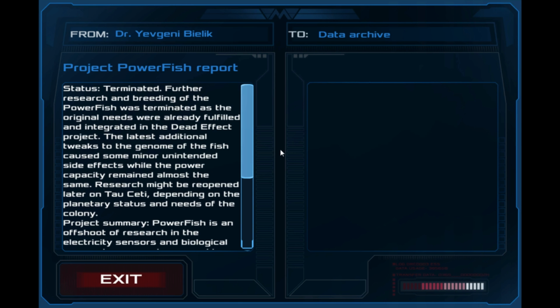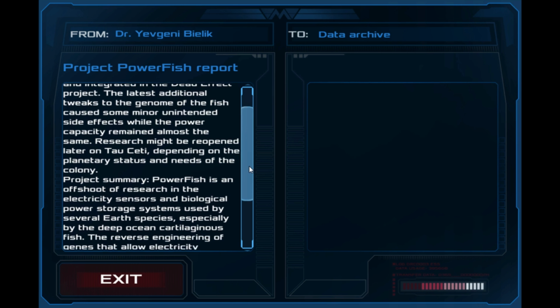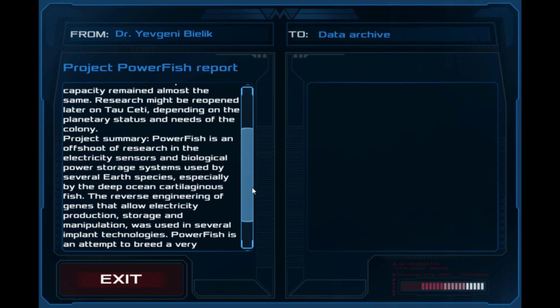Project Powerfish Report. Powerfish, yes. Powerfish Report. Status terminated. Further research and breeding of the powerfish was terminated as the original needs were already fulfilled and integrated into the Dead Effect project. The latest additional tweaks to the genome of the fish caused some minor unintended side effects, while the power capacity remained almost the same. Research might be reopened later on Tau Ceti, depending on the planetary status and needs for